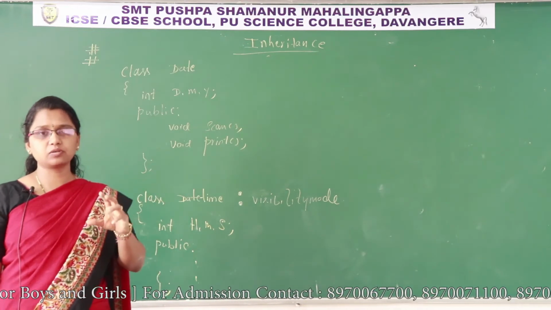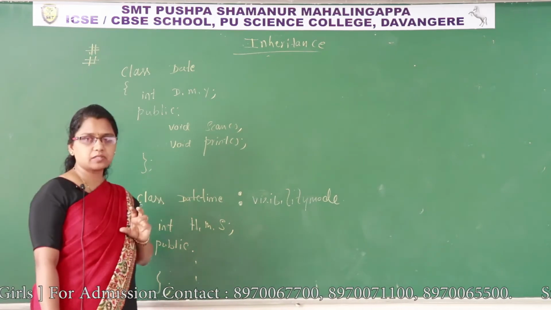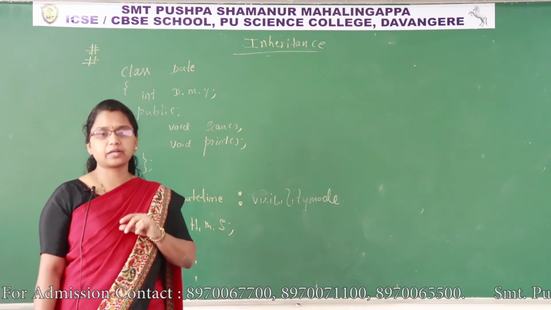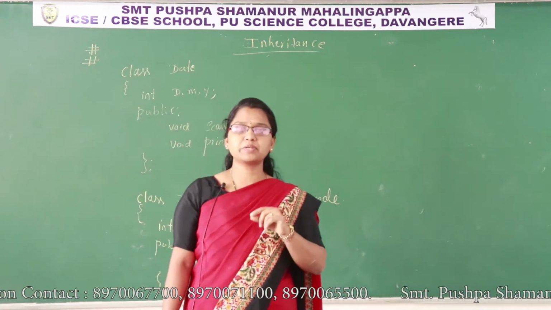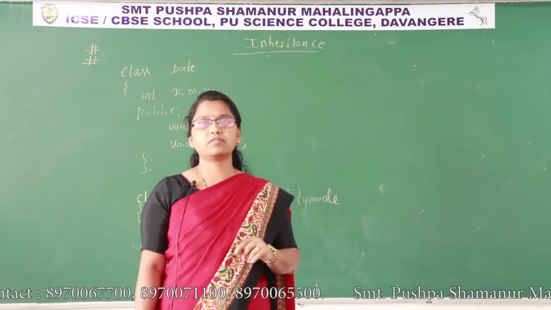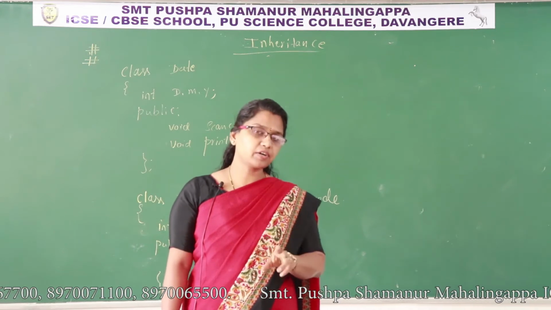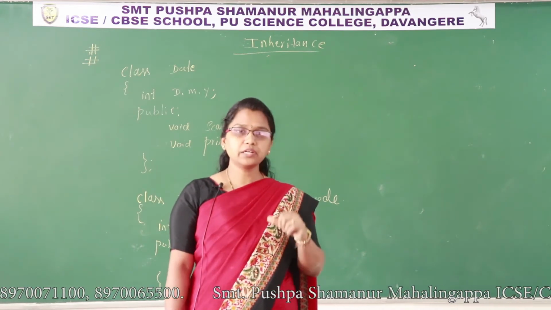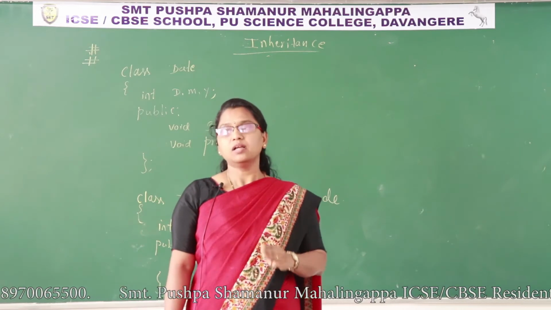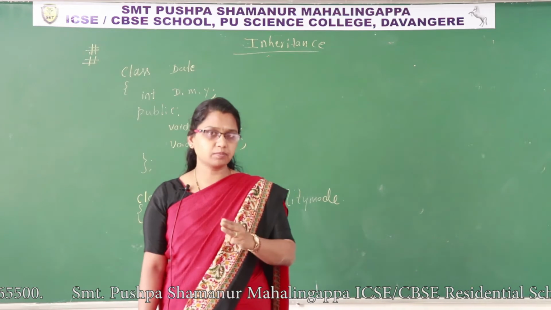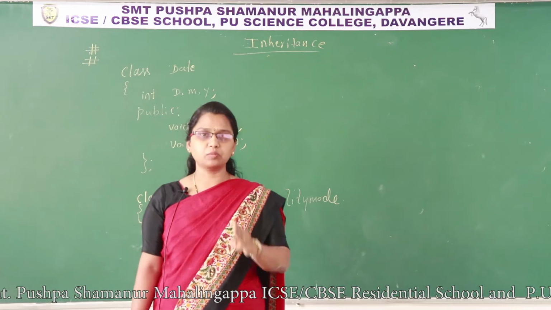Right now you have to understand it like this. Visibility mode has three types: private, public and protected. In the class and object chapter we discussed access specifiers: private, protected and public. That is different from this visibility mode. Here also three modes are there: private mode, public mode and protected mode. When the word visibility mode comes, it means inheritance. Only in the inheritance concept do we use the word visibility mode.